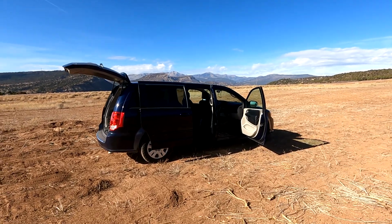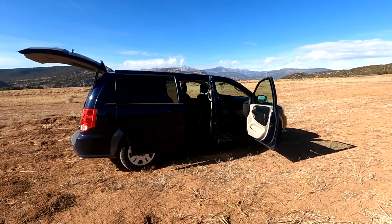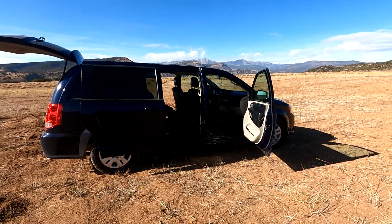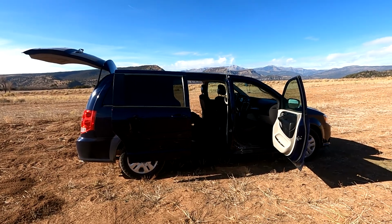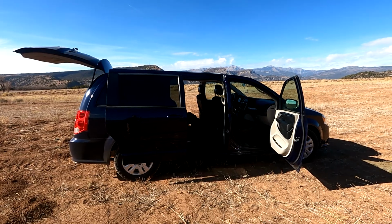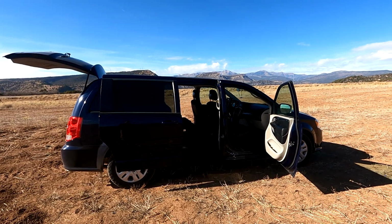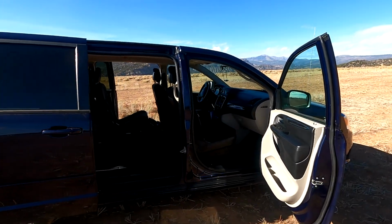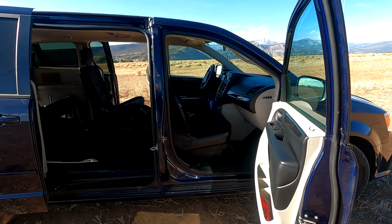Okay, so here you see I have the van opened up. This is an SE trim model, which makes it fairly basic, which in my mind is all the better. The fewer the electronics and gizmos on a vehicle, the better it is in my opinion, certainly in terms of long-term cost of ownership. I will say that the seats and the fabric quality were quite a surprise for me